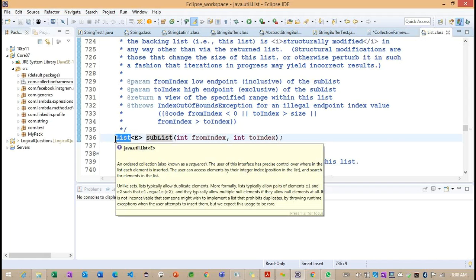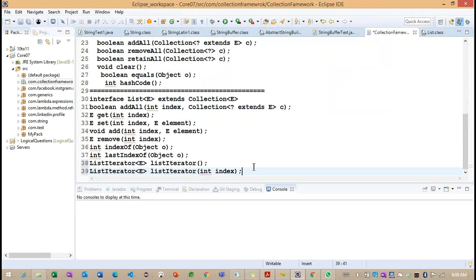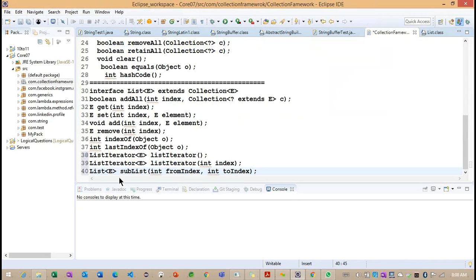So first time we are seeing the List interface type here. This is the purpose of subList.